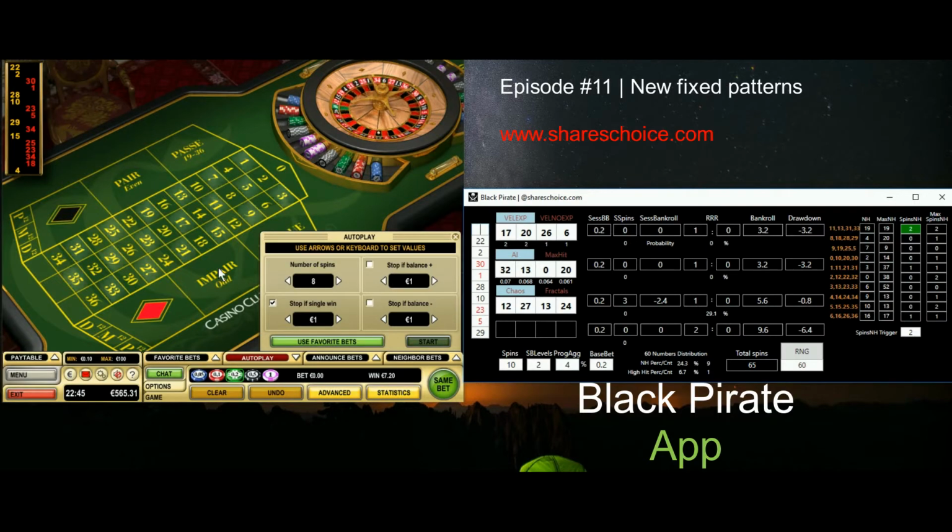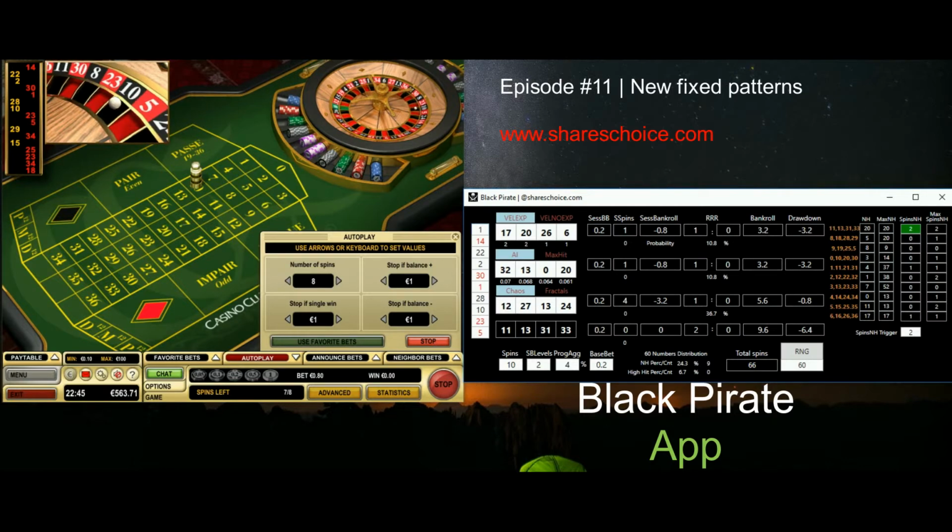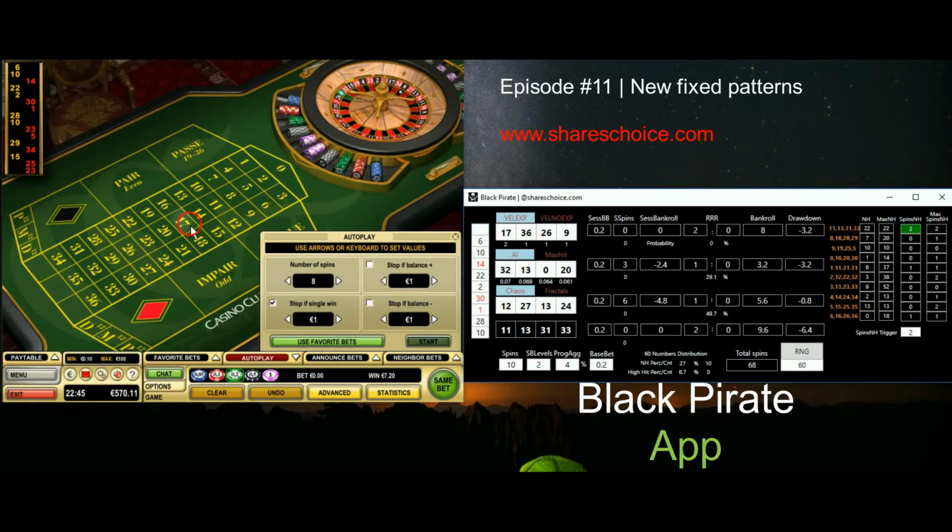Plus I enriched the 8 with the 29 number, and also 9, 19, 25, 5 is one of the strongest patterns based on my statistical and probability analysis. Therefore currently I don't have a 7 or numbers ending in 7 in these fixed patterns. This is quite alright. Currently I see this set of, let's say, 10 patterns as very good and interesting. These 10 patterns I will be observing and calculating the options in the Black Pirate app, and I will also